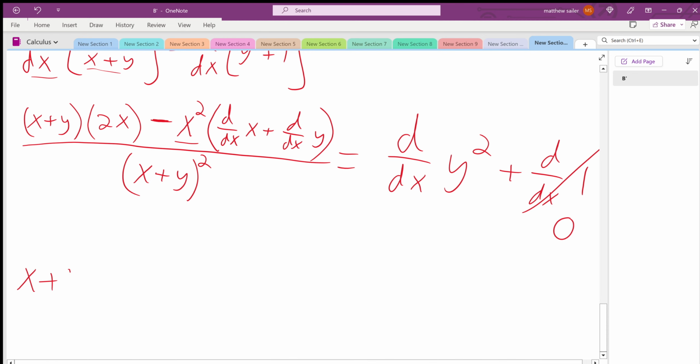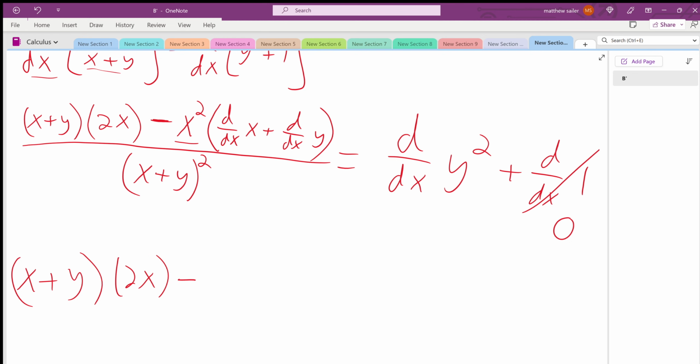So x plus y times 2x minus x squared times, and now I'll actually start finishing off these derivatives. So the derivative with respect to x is just 1 plus derivative with respect to y. We can't really do anything with it, so it just becomes dy dx. I'm just absorbing this y up with the d. So dy dx